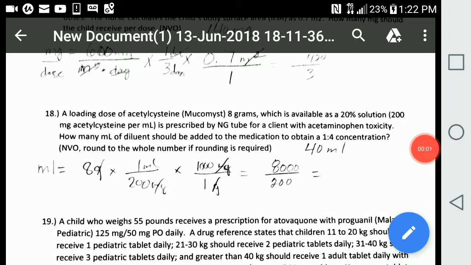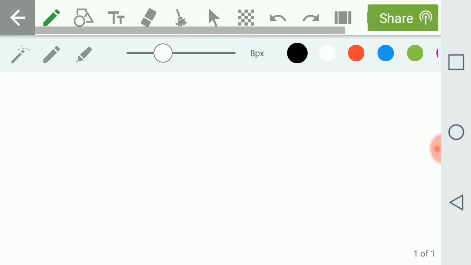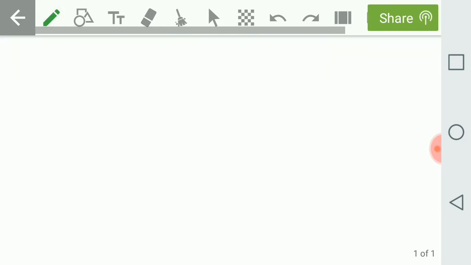Question number 18. A loading dose of acetylcysteine (Mucomyst) 8 grams, which is available as a 20% solution, 200 milligrams acetylcysteine per ml, is prescribed by NG tube for a client with acetaminophen toxicity. How many ml of diluent should be added to the medication to obtain a 1 to 4 concentration? The question